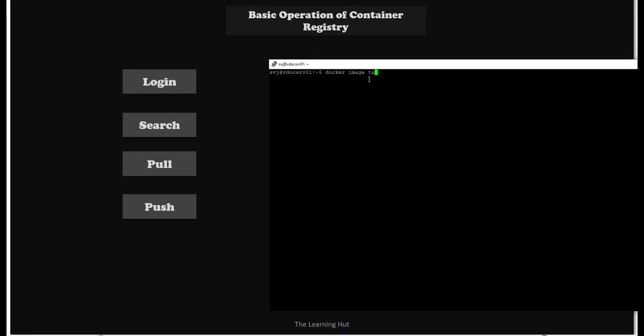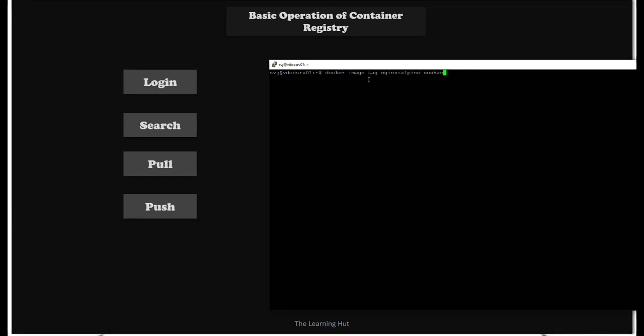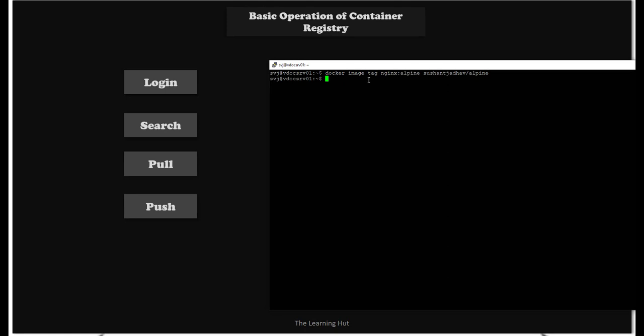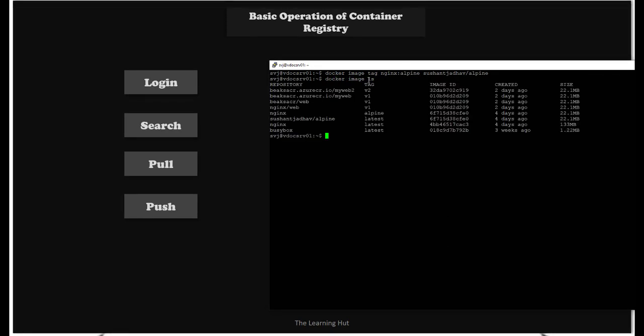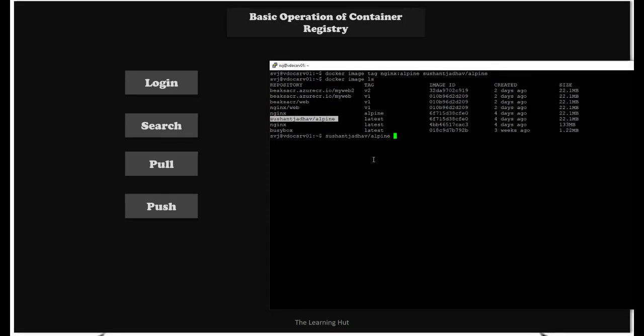Docker image tag nginx alpine to my repository alpine. If you see the Docker image list, it is tagged with my own name. So I can push that image to my own repository.